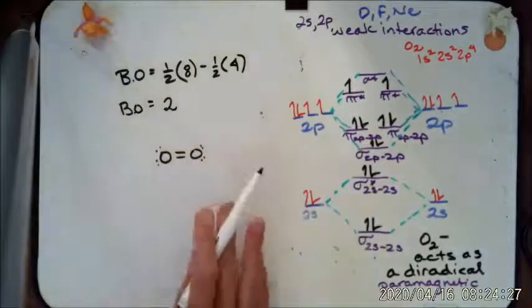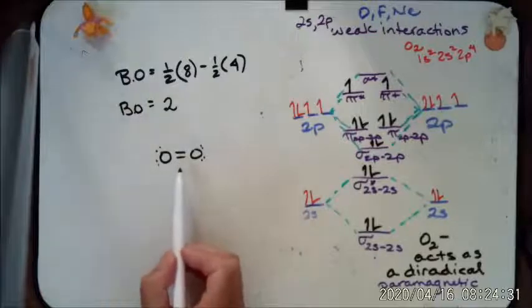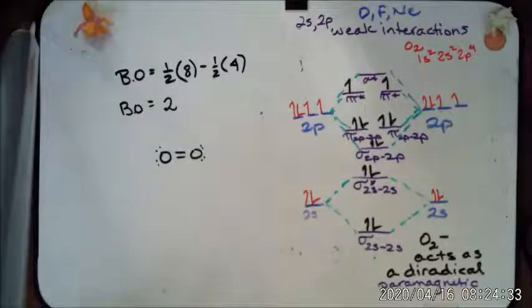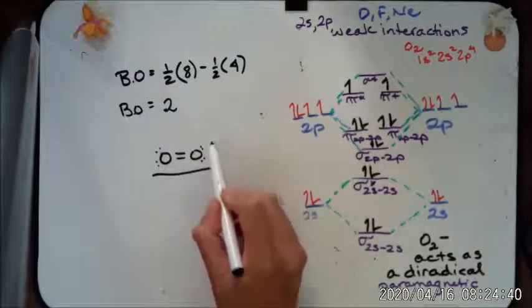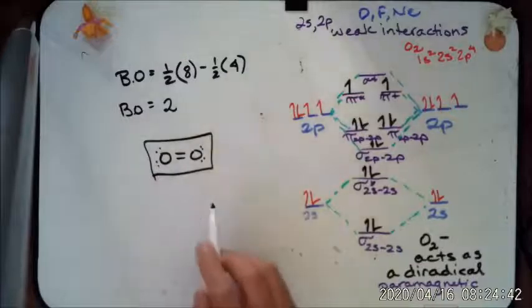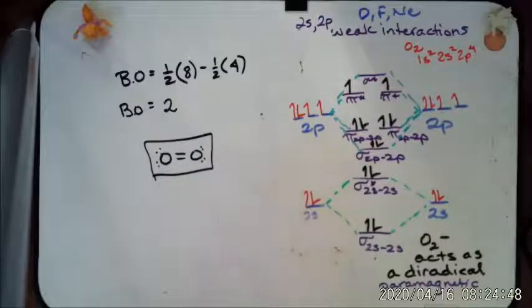So, all we're saying is that doing molecular orbitals, we agree. Bond order is 2. It looks like just a pure double bond. There's no partial bond character to it. But when you draw this Lewis dot structure, the one thing we don't observe is that you wouldn't realize it acts as a diradical. Okay, so let's take a look